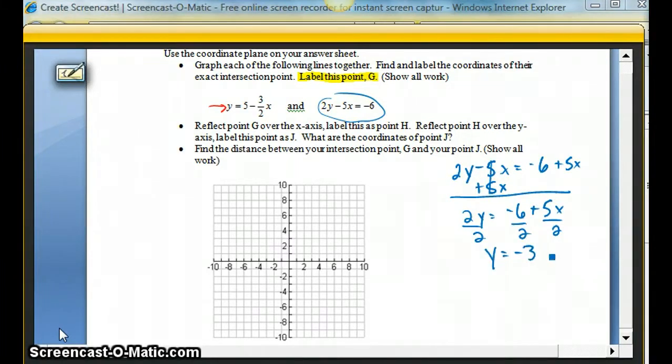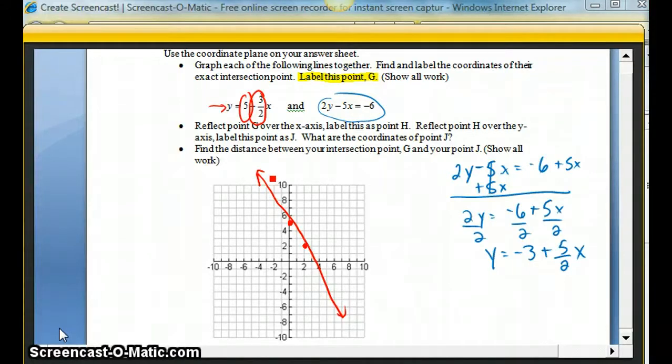So on our coordinate plane, starting with the first one, the 5 is the y-intercept. So that means on your y-axis, go up to 5 and put a point there. That's your first place we're starting. The slope is the negative 3 over 2. That means from that positive 5, count down 3 spaces and over 2 to the right and put your second point. Draw a line that goes through those 2 points, extend it in both directions, put an arrow on each